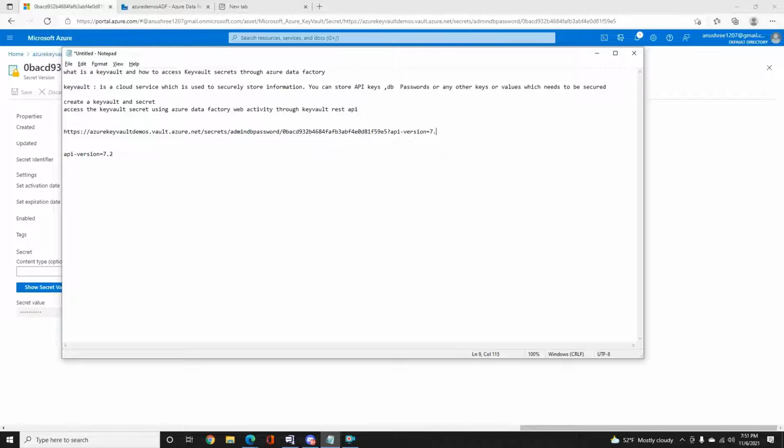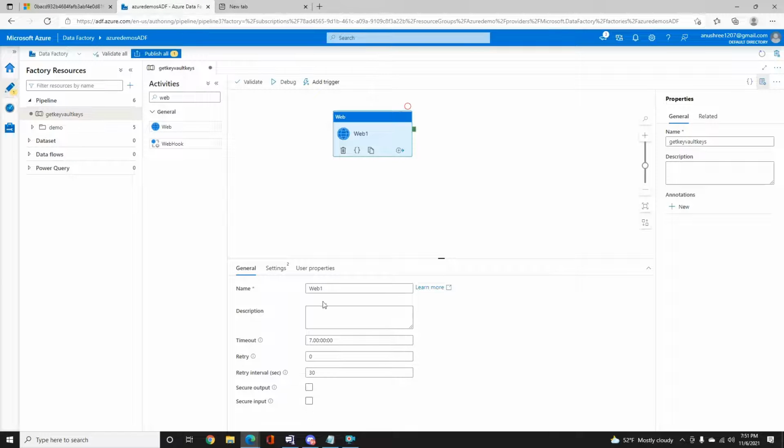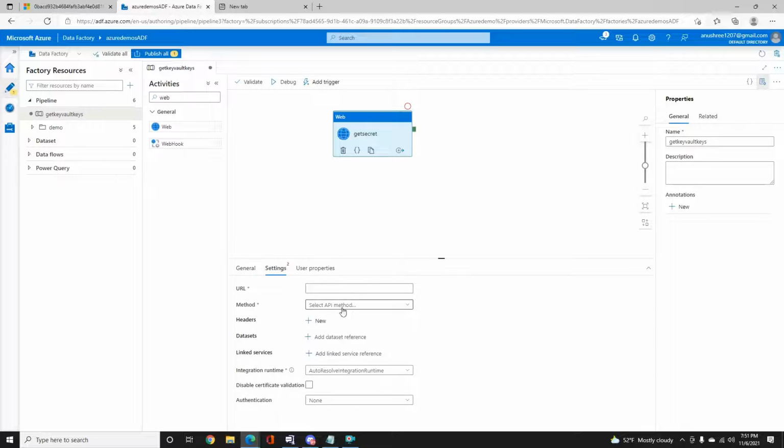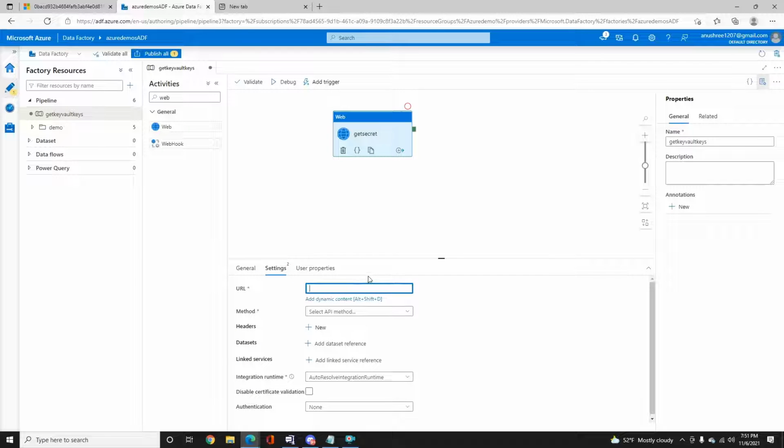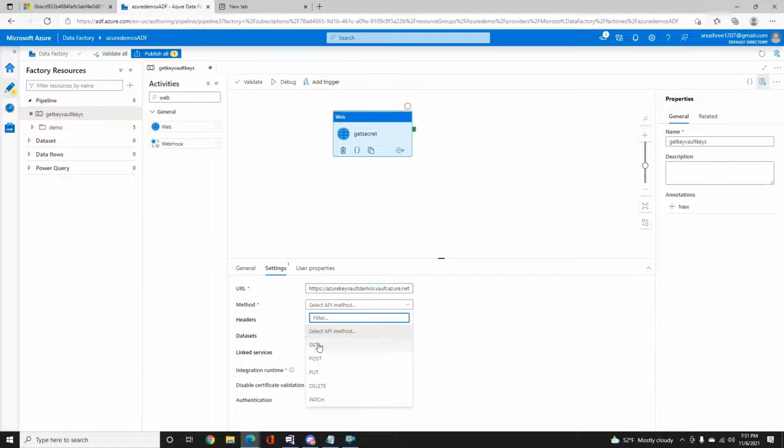So this is the REST API call, and I'll copy this here. I'll paste the URL here, and the API method would be get.